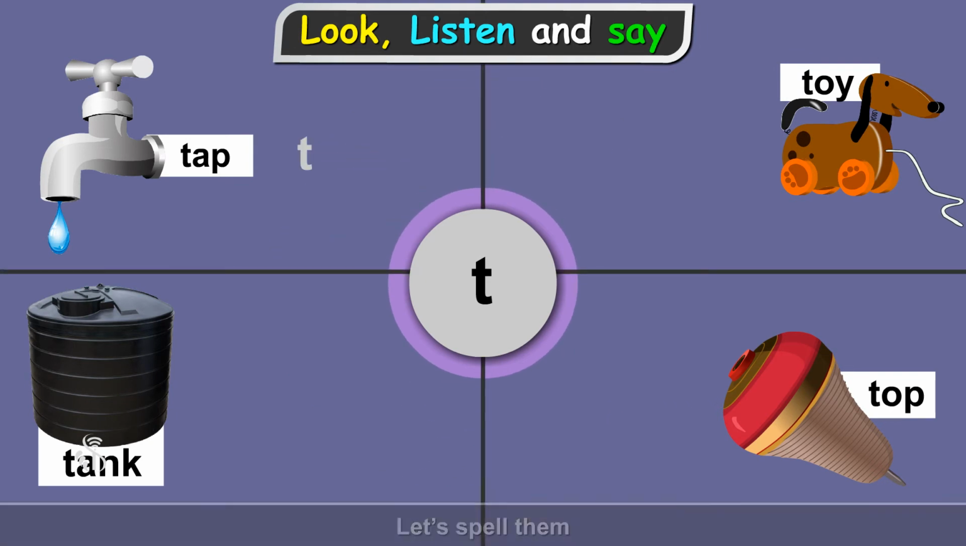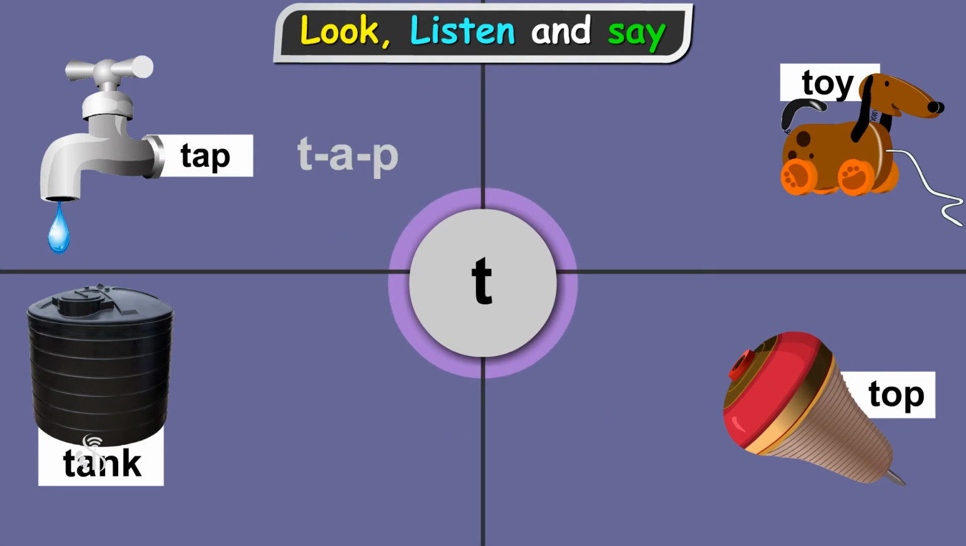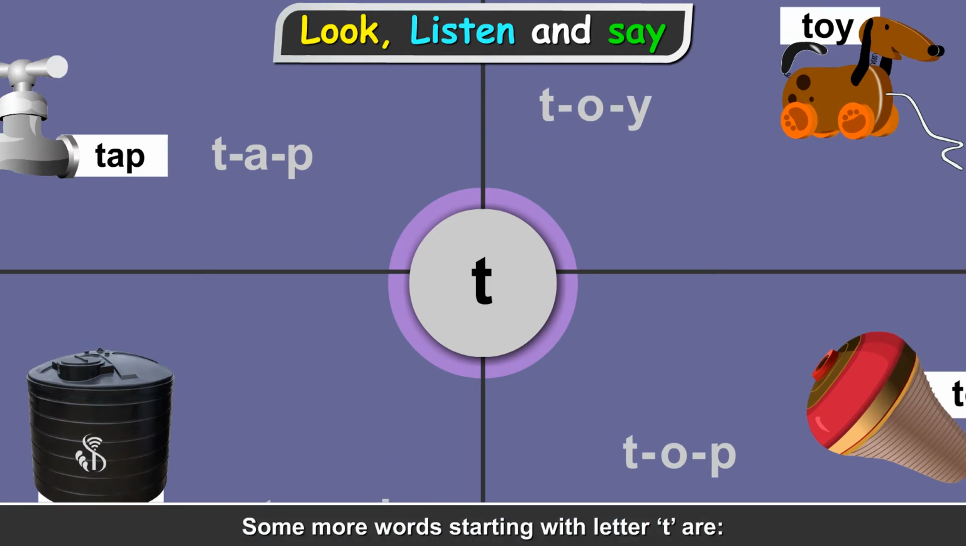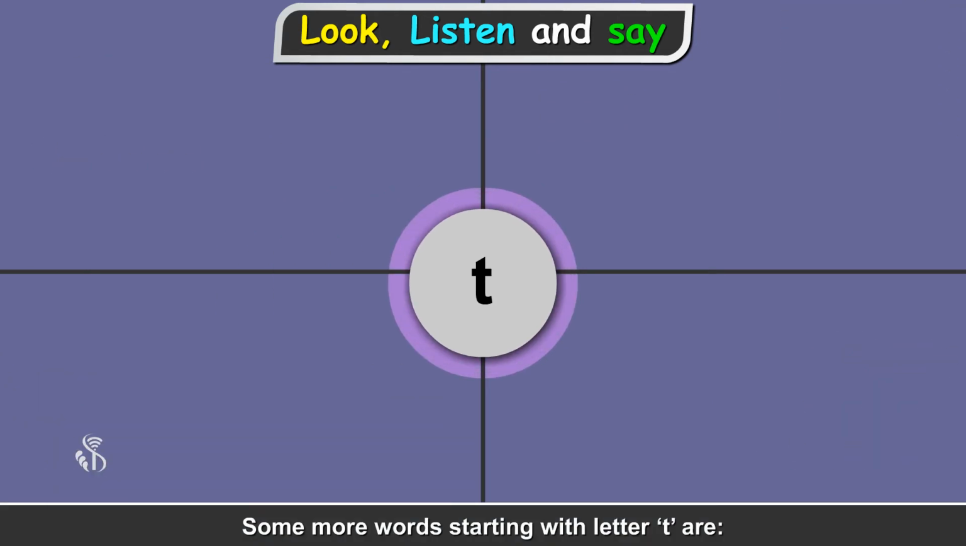Let's spell them. T-A-P, tap. T-A-N-K, tank. T-O-P, top. T-O-Y, toy. Some more words starting with letter T are